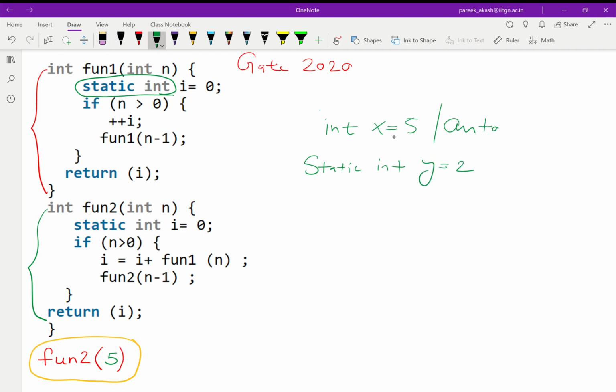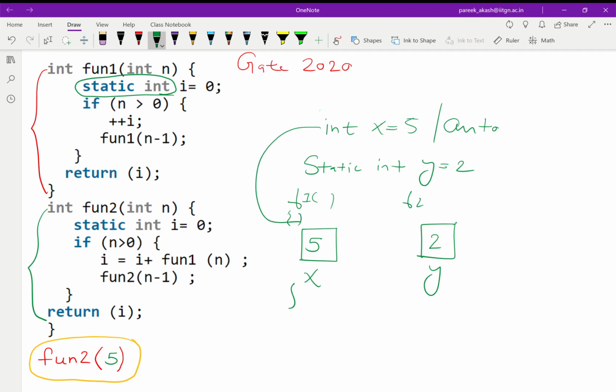In both cases we will occupy a memory for x. Suppose I will have a memory x with value 5 and I will have a memory y with value 2. And suppose there is some function f1 in which I have declared this line, and there is some function f2 in which I have declared this line.